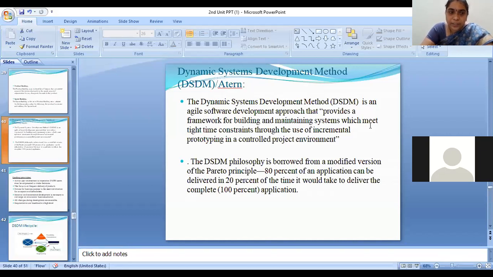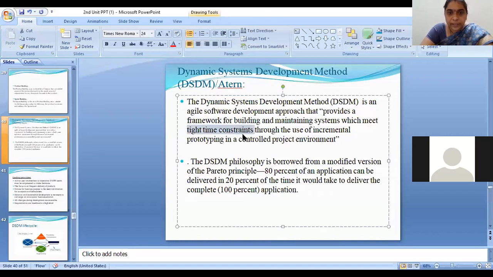In what kind of projects will we go for DSDM? If in your project you have very tight time constraints, that is, you need to deliver the product quickly. In our traditional models, if you have these constraints, we go for RAD, the Rapid Application Development process model.